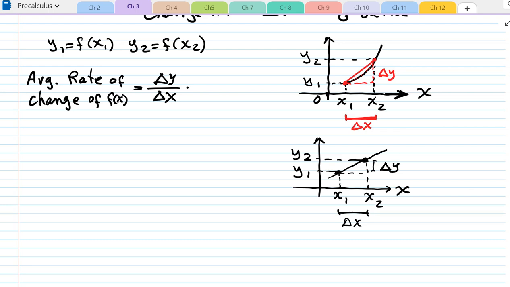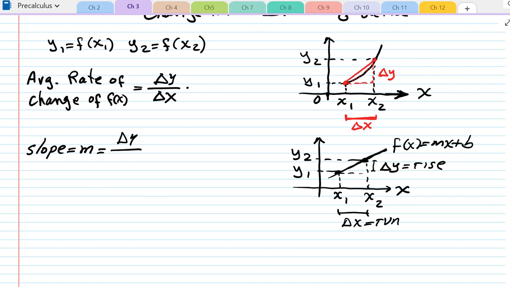And I'm sure most of you recognize that if I take the ratio of delta y to delta x for the linear function, and this is f of x equals mx plus b now, if I calculate that rate of change, delta y over delta x, that's simply the rise over run, isn't it? This is the rise, and this would be the run as I go from lower to higher point. So that's the very definition of a slope. So I can say that the slope of a line, which is m, is given by delta y over delta x. Now for the linear function only, the change in y would be y2 minus y1 over x2 minus x1,